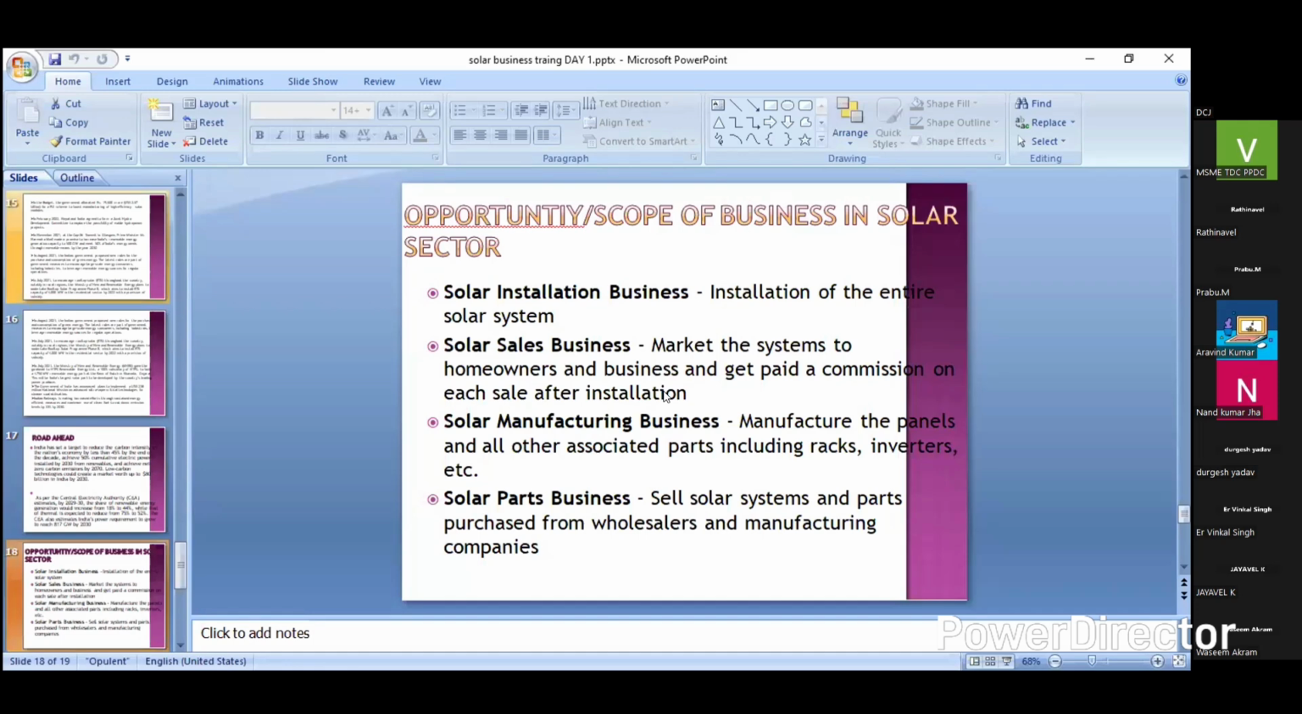Or you can start a solar sales business. For this, you take the dealership of any solar company. There are so many solar companies nowadays in India. I will tell you some names: Adani Solar is there, Tata is there, Waaree is there, Minda Solar is there, Luminous is there, Patanjali Solar is also there. There are so many companies. They are manufacturing the solar modules. So you need to take the dealership of the